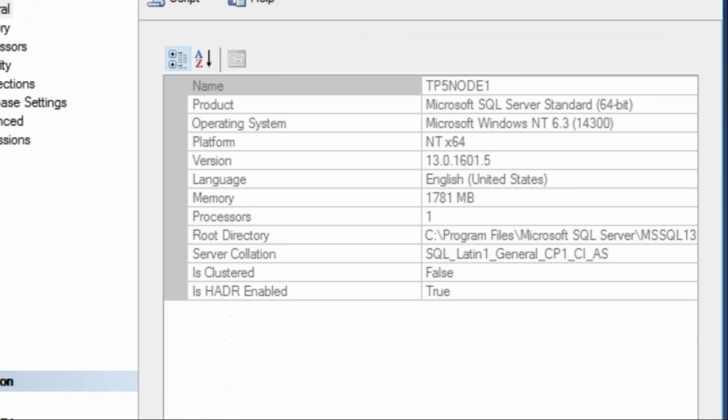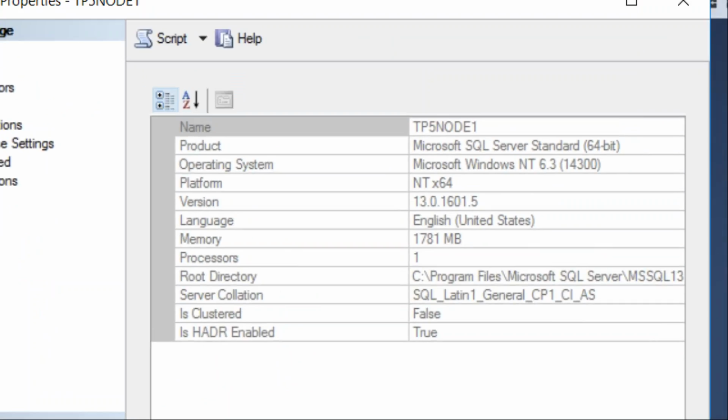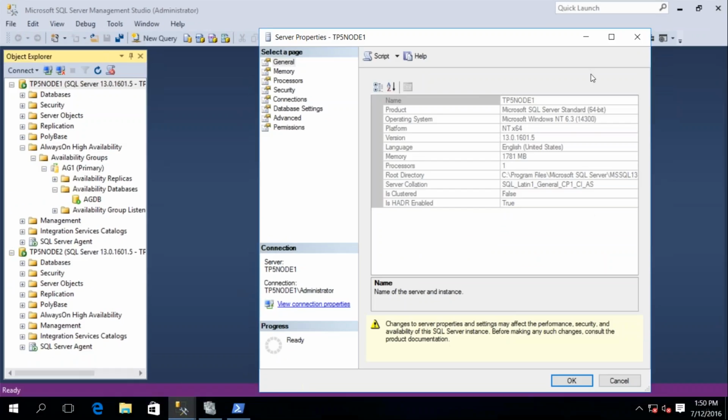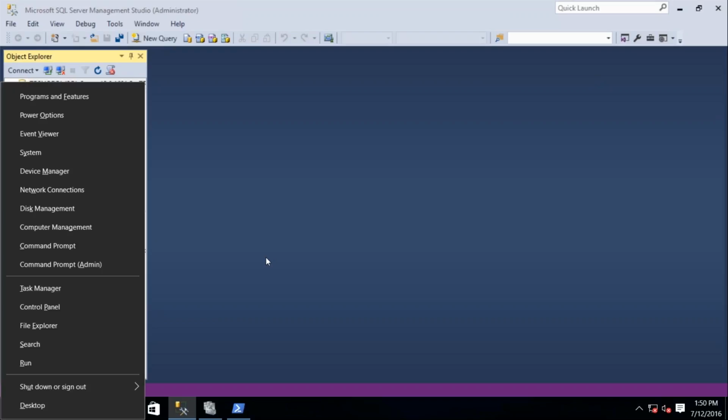However, note the difference here. This is where I got the screenshot earlier. I've got a 2-node SQL Server Standard. And notice there also is HADR enabled as true. So again, just showing you that in Standard we can do availability groups. However, if I go look at this node,